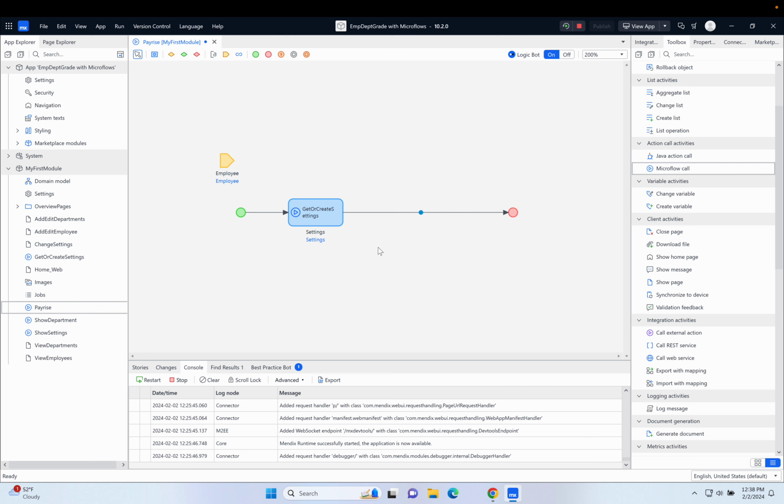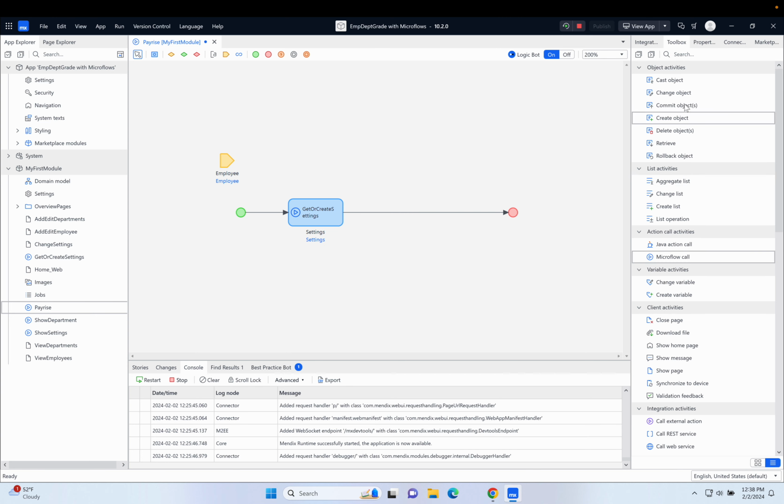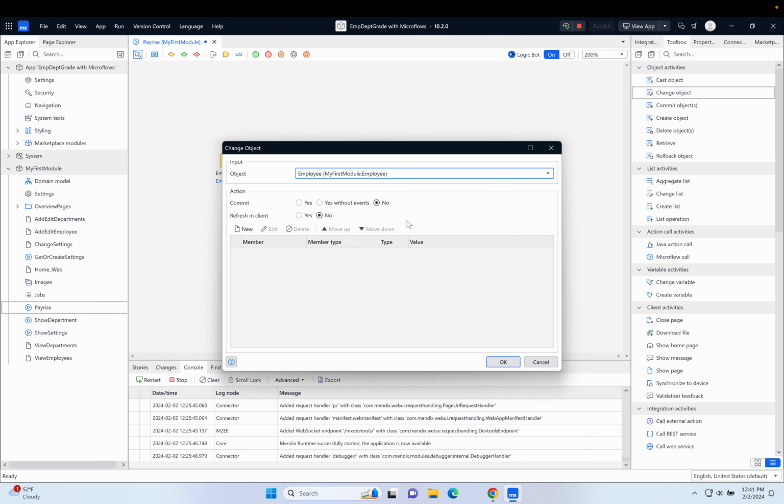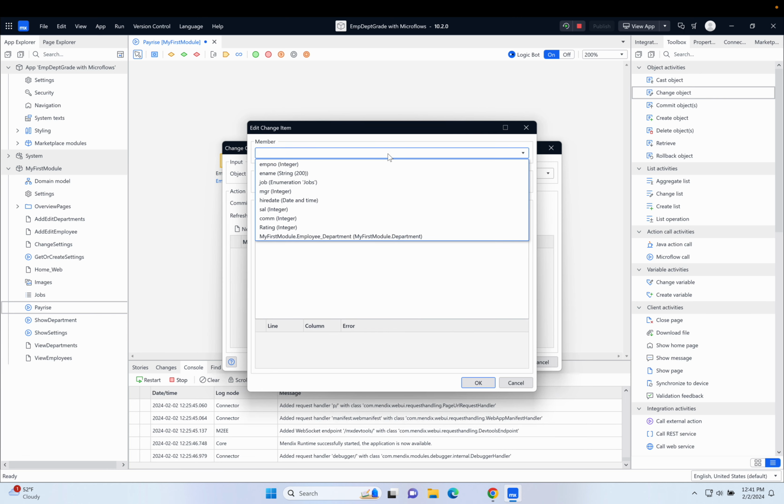So let's change our employee now. So an employee flows in, we're going to grab the settings values, and now we're going to use those two things. We're going to change the employee. So I'm in the change object. I'm going to pick the employee, and I'm going to say we're going to make a change. So I'm going to tap on new. I'm going to pick the actual member that we're going to change. In other words, which bit of this are we going to change? We're going to change Sal,